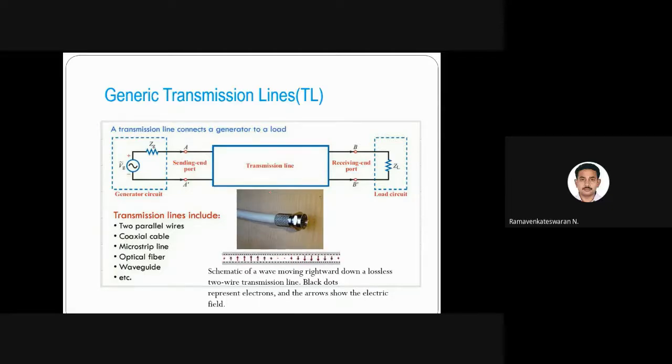So here, this is typically the transmission line, which has a generator and a load. The generator, as the name suggests, has a source VG, and you can see that it is AC. You may ask why microwave signals need AC. If a signal has a frequency, for example 1 gigahertz or 2 gigahertz, carried across that transmission line, it is supposed to be AC. Any current or power carrying signal will be AC.